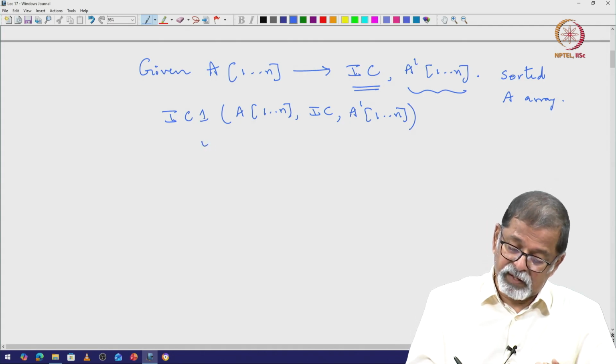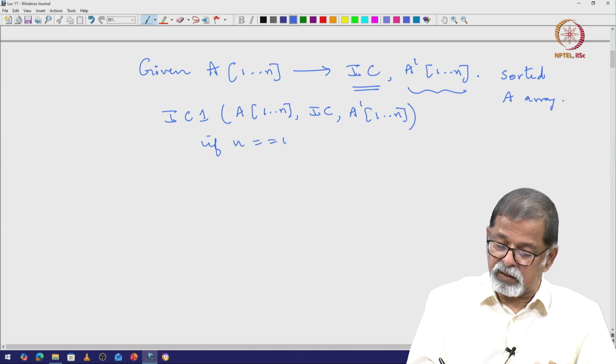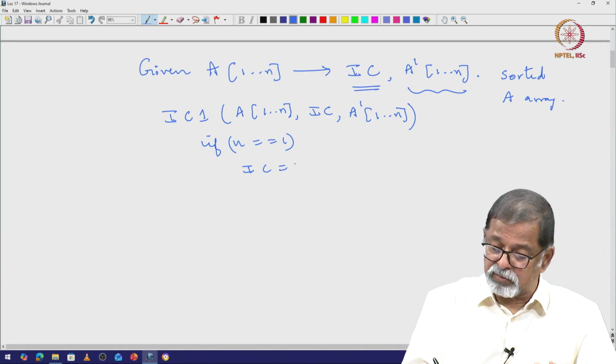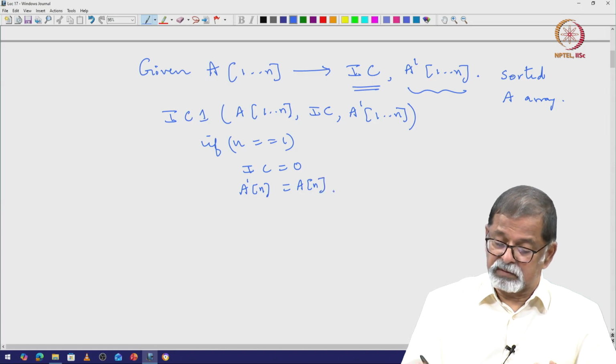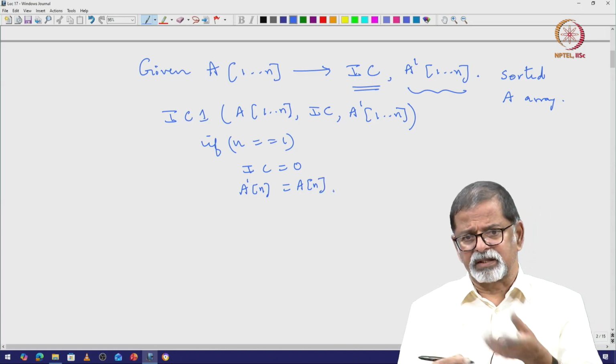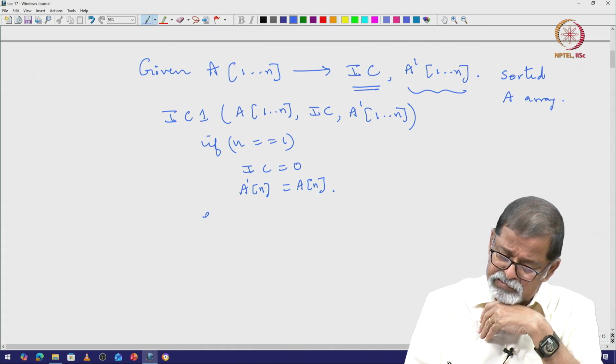If n equal to 1, IC equal to 0, A dash 1 equal to A of 1, same element, there is nothing to do. Else,